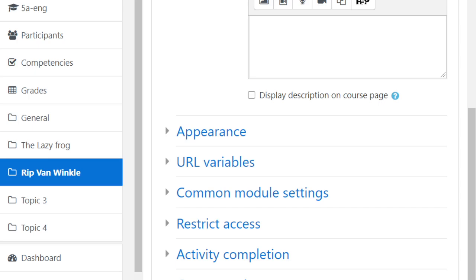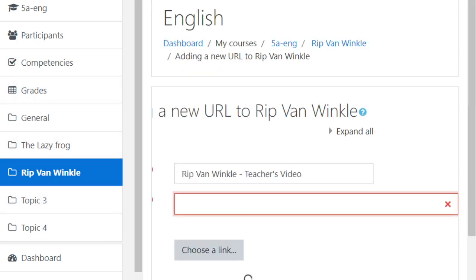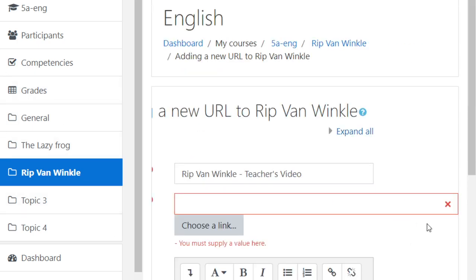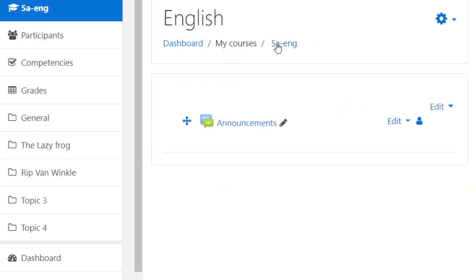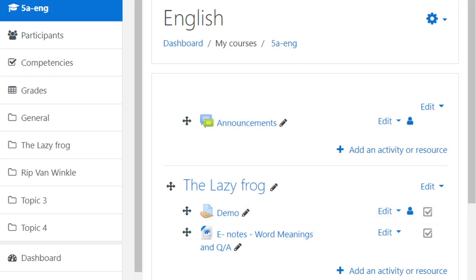Once you click, again the URL will be visible there. But here what has happened, we have not given any URL here, so that's why it's asking us to give the URL. Okay, so we can give that, no problem. So after that you can go back to your point.